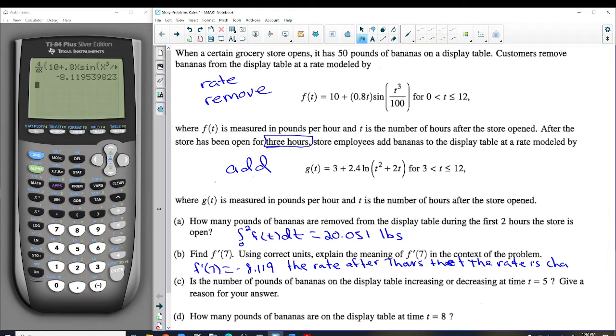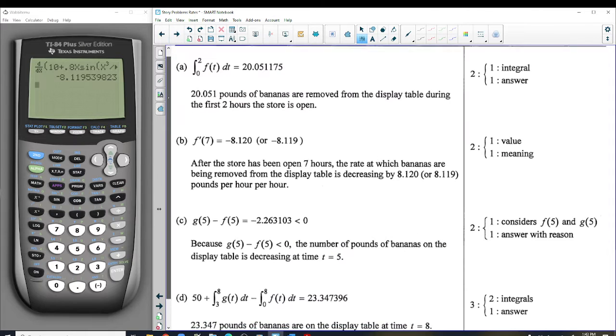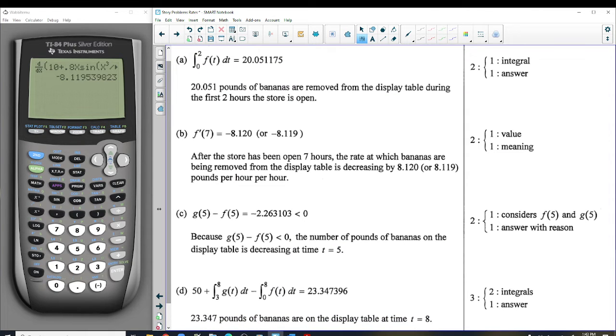No. Here, I'm all messed up on that one. After the store has been open 7 hours, the rate at which the bananas are being removed from the display table is decreasing by 8.119,